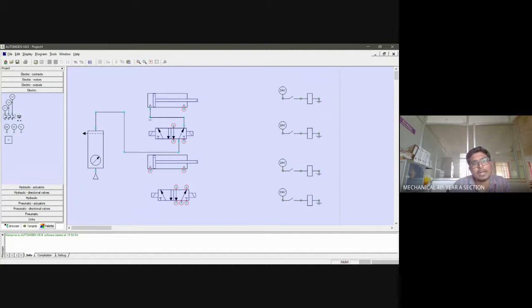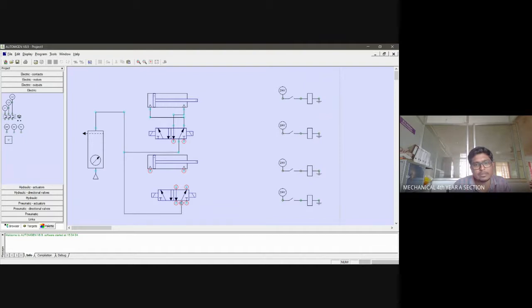When the air is entering this area, high pressure air is being entered here, whereas low pressure air will be present here. Since the movement of the piston is towards the rod end, the air in the rod end of the cylinder comes out of the cylinder and is sent to the direction control valve. Can you understand? The same thing has to be repeated in B cylinder also.